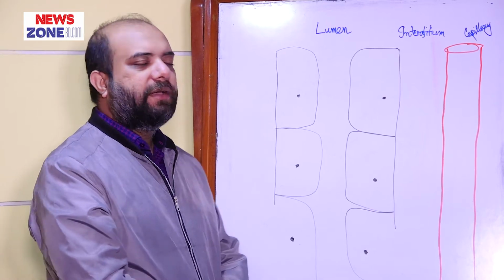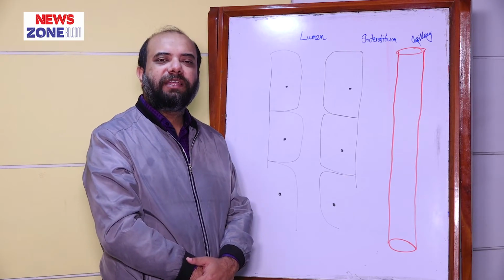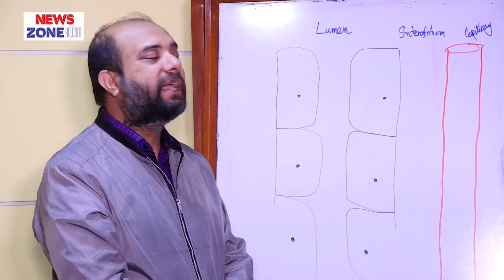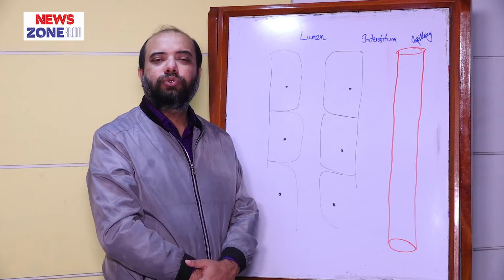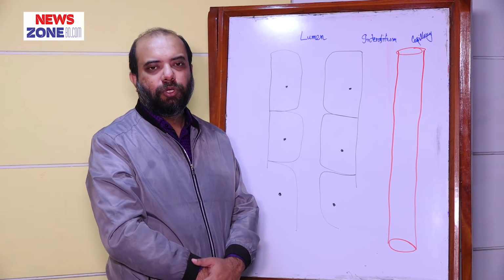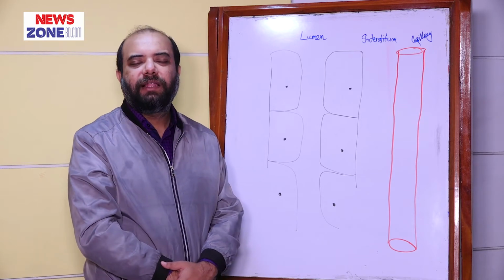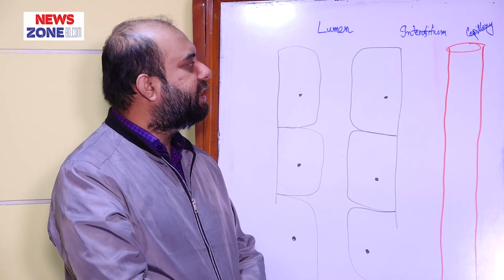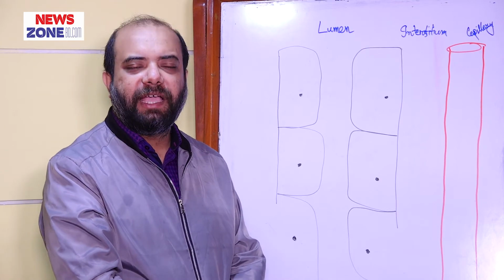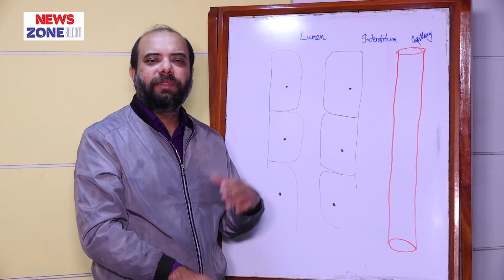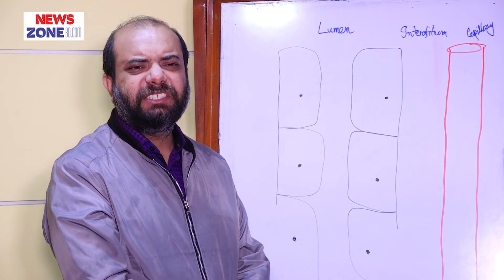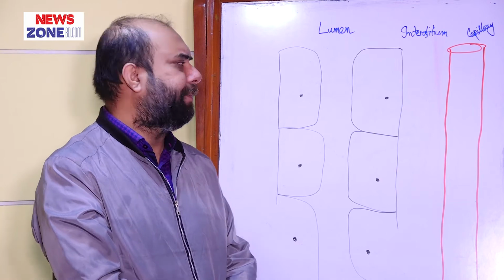And further, the secondary active transport is subdivided into two types, that is co-transport and counter-transport. And here, this sodium glucose co-transport is a type of secondary active transport. So now we can say that the energy which is needed or used up here is derived from the primary active transport, in which the energy is used directly.